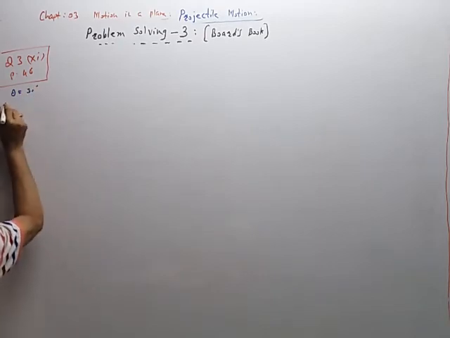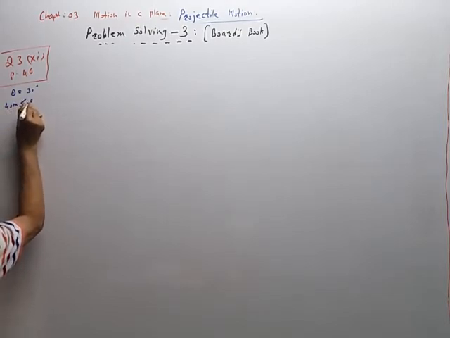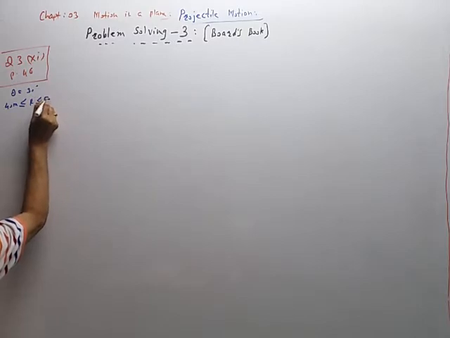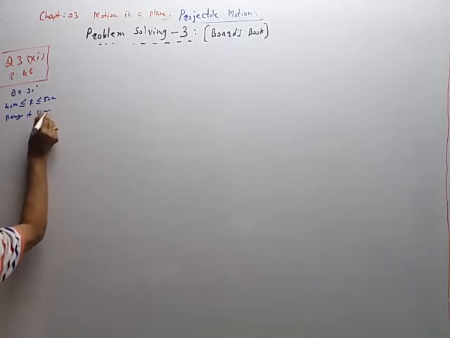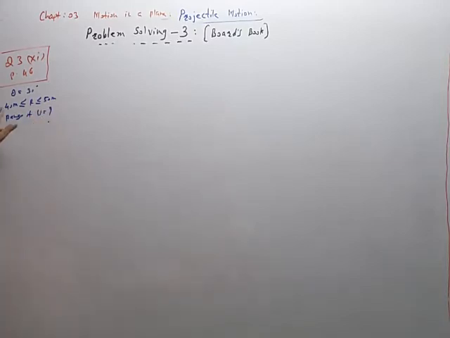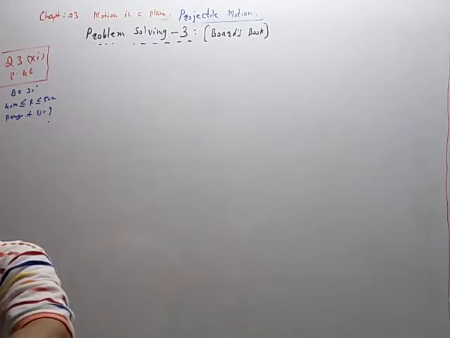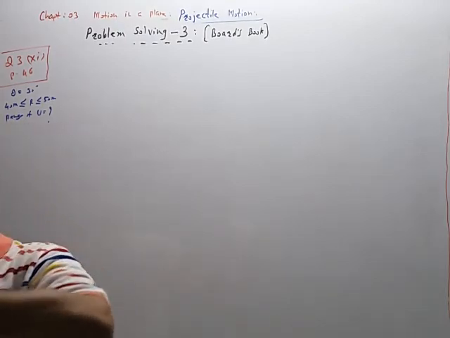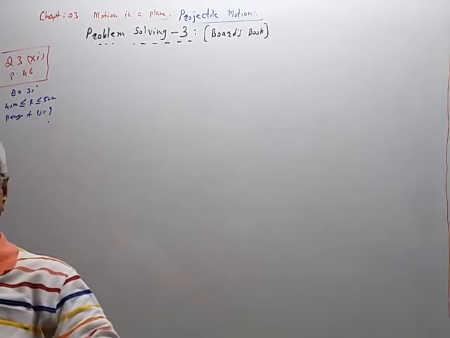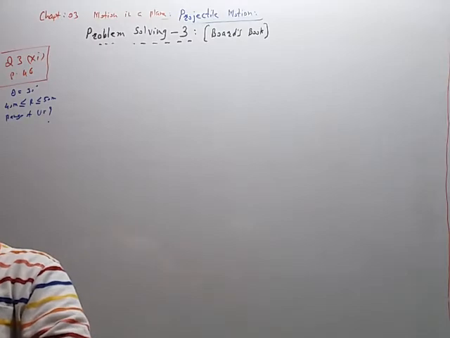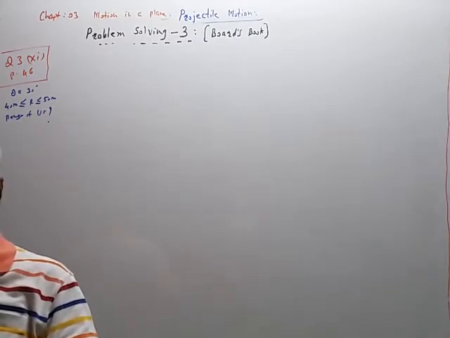Theta is equal to 30 degree, and the range is given, 40 meter is less than or equal to R, less than or equal to 50 meter. Then we have to find the corresponding range of initial velocity u. What should be the minimum and what should be the maximum value of the u for this given range? So the question is very simple. Actually this question was asked in the AIEEE exam for regional college admission.